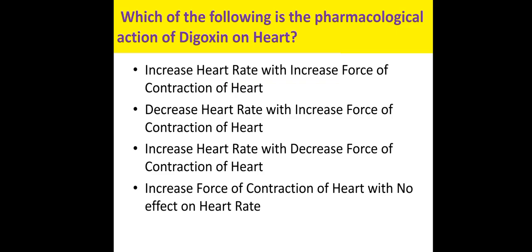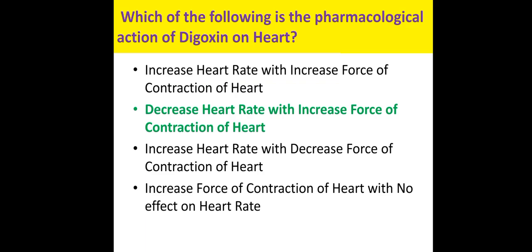And we all know that the blood supply to the heart is during the diastole. It means that when the heart rate increases, the diastolic period is reduced, and that will not happen in case of digitalis, because digitalis decreases the heart rate. So the blood flow to the heart will not be jeopardized. So the correct answer is increased force of contraction and decrease in the heart rate. Okay, and just remember three important points: digitalis increases force of contraction of heart, decreases heart rate, and decreases